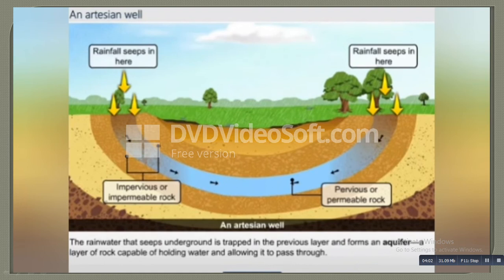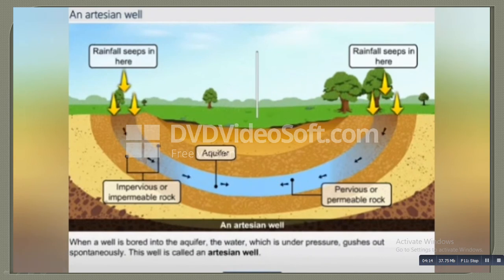The water that seeps underground is trapped in the permeable layer and forms an aquifer, a layer of rock capable of holding water and allowing it to pass through. When a well is bored into the aquifer, the water, which is under pressure, gushes out spontaneously. This well is called an artesian well.